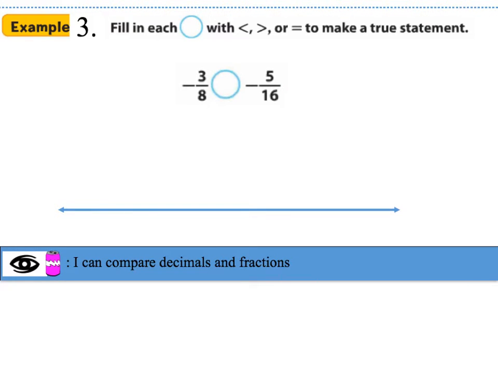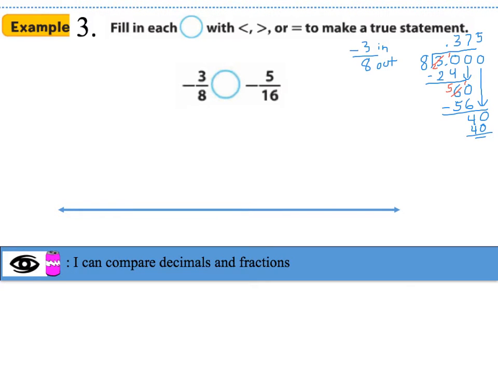So over here in the right hand corner, I'm going to say -3/8, and I'm going to use the in and out method to solve for my decimal. So after using in and out, I converted my fraction into a decimal, so I know that -3/8 is actually equal to -0.375. Let's go ahead and do the same exact thing to